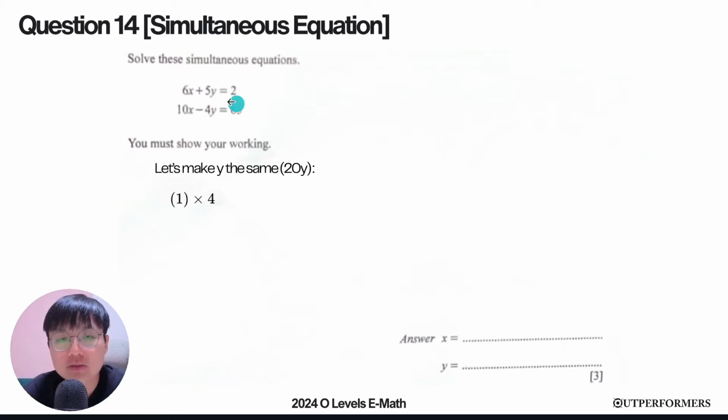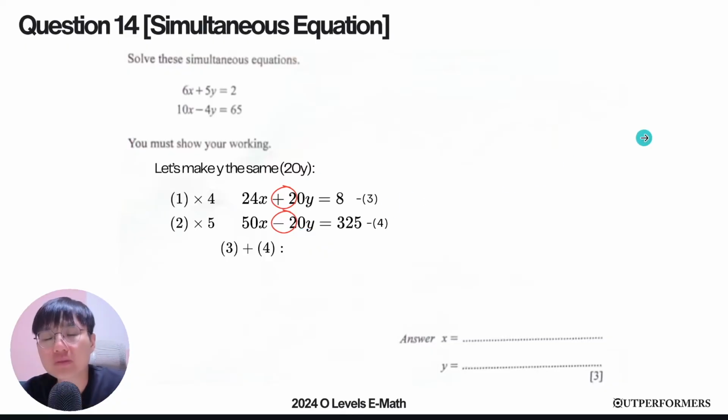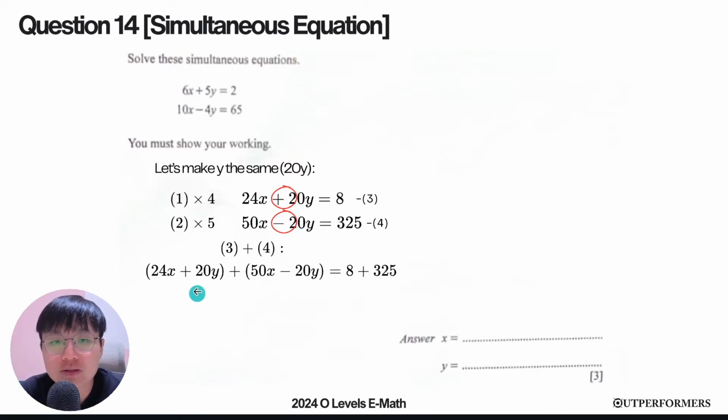So I'm going to take equation 1 and multiply by 4 to name it equation 3. I'm going to multiply equation 2 by 5 and make it equation 4. Between these two, every time we do the elimination method, we have to really check the signs. Are they opposite? Are they the same? Since they are opposite, in order to eliminate them, I need to take equation 3 plus equation 4. So that will have a 20 minus 20 over here. And the addition of these two will allow us to have